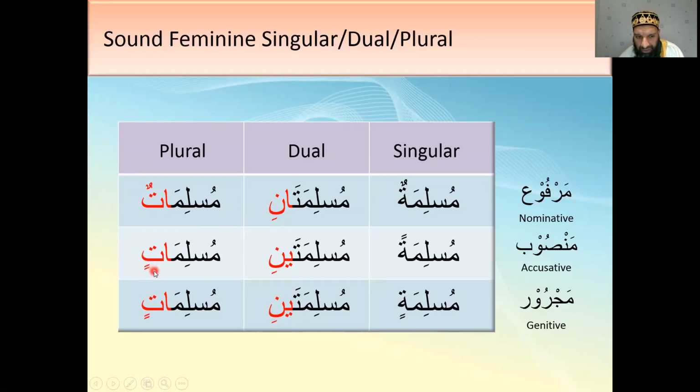Let's look at the feminine. Look at the feminine plural. Atin, okay, majroor, but it can be mansub as well. You just have to learn it. And the masculine come in the Quran more than the feminine. The masculine words come in the Quran more than the feminine. I know a sister asked in the first lesson why. Because in Arabic,